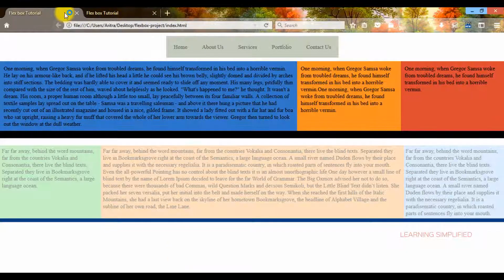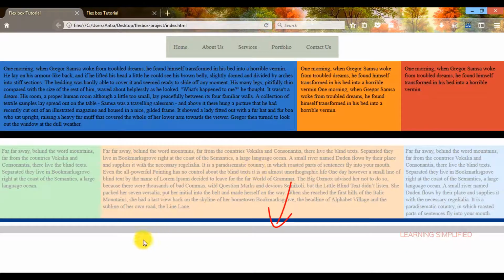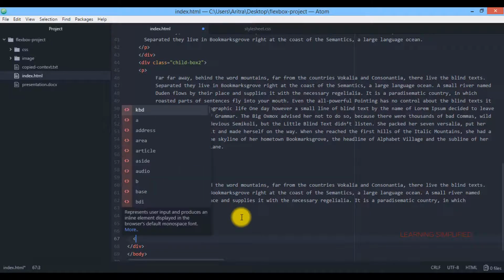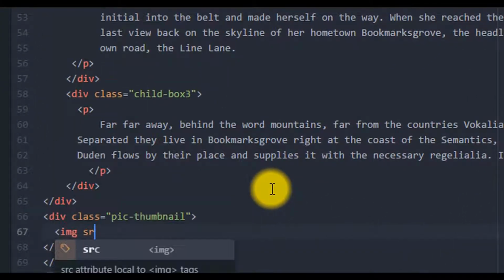Now if we get back to our project and reload, we can see that already this div has been imposed over here. This class has been created into our web page with our pic thumbnail. Now we are ready to call all those images here.